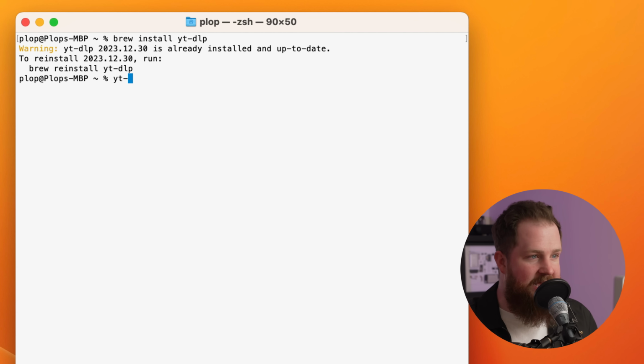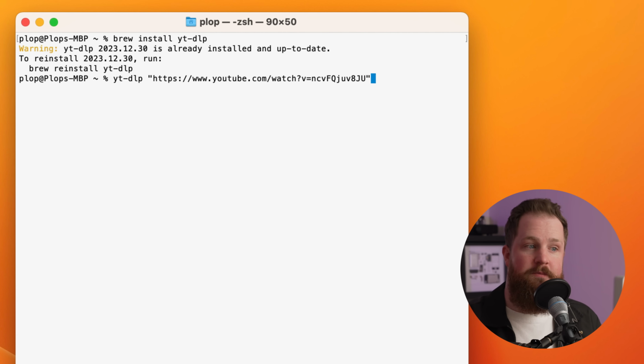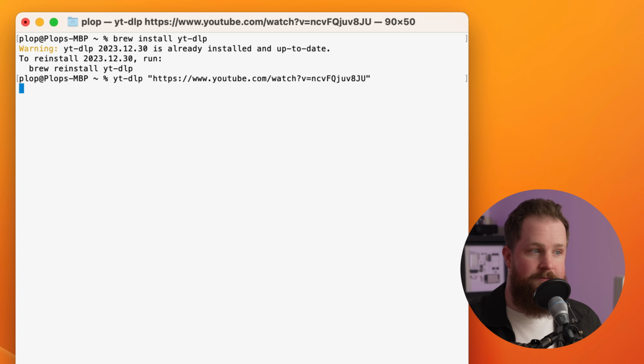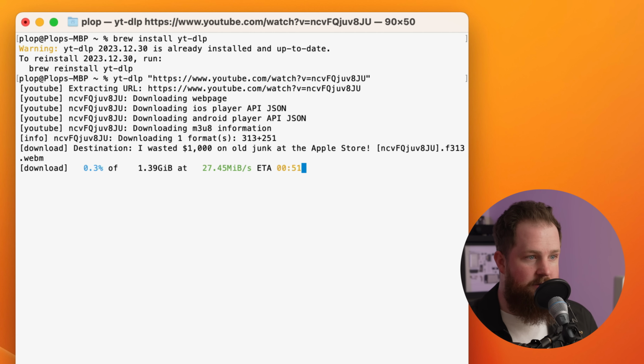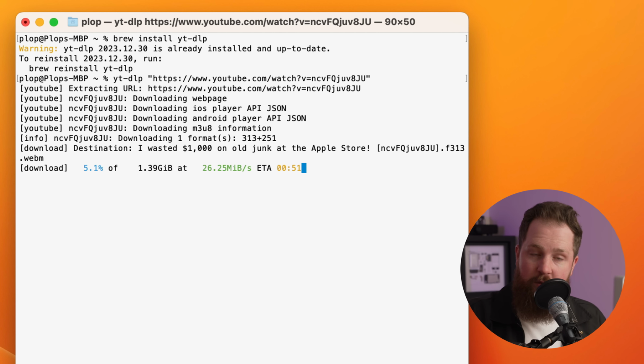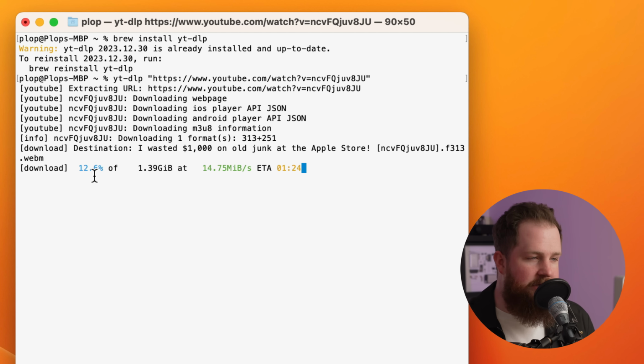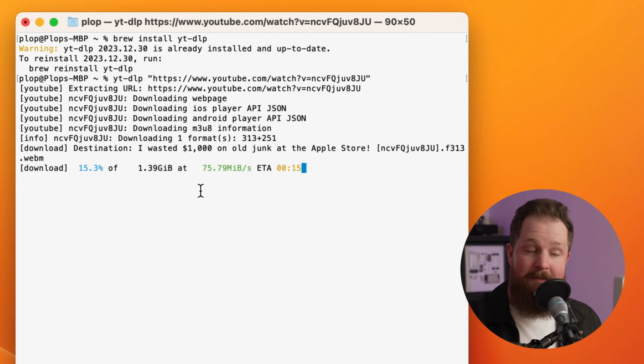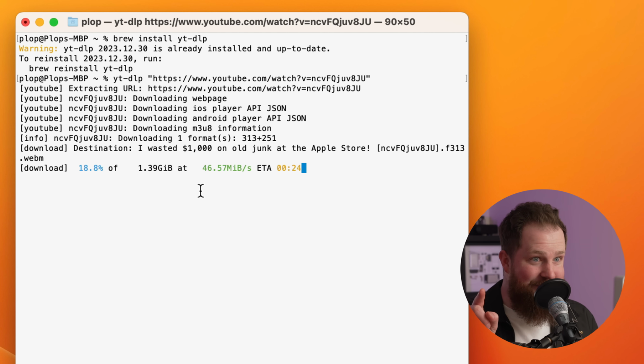Type YT-DLP and then in quotes, put the URL of the video you want to download. You push enter and we'll check it out. It's just downloading exactly what I want to download. Now, you'll notice that this is downloading in a .webm format. WebM is a little bit tricky because it's not natively read by macOS. So what you could do is throw that directly into MPV, or if you want to download a specific MP4